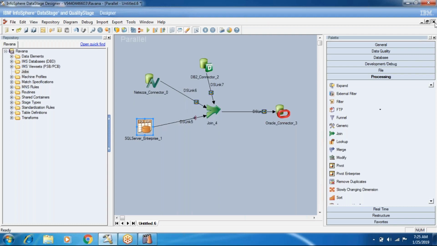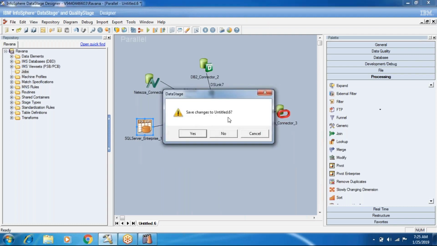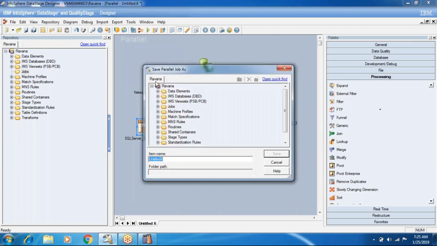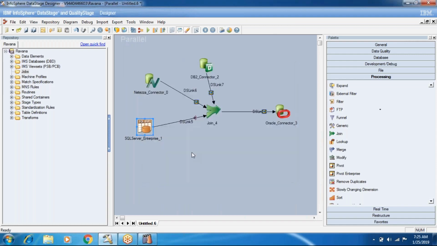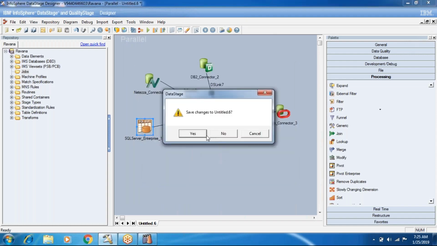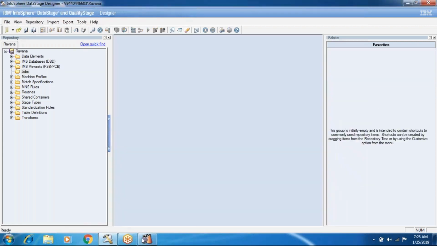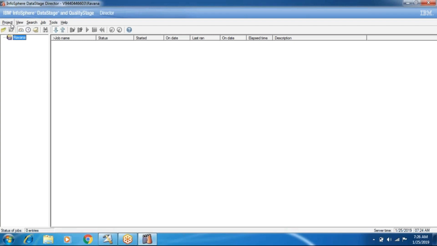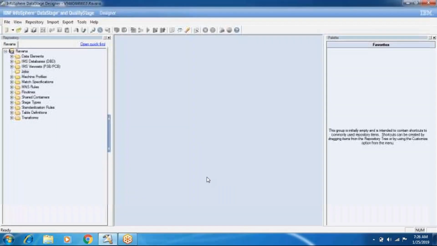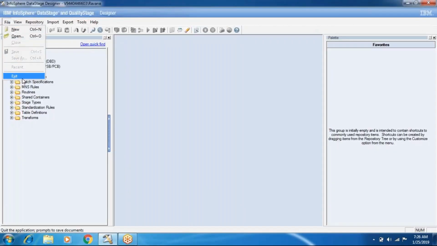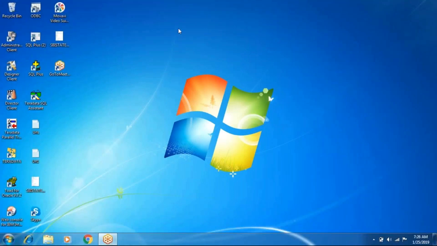So this is an overview of the tool. See, it is asking to save the changes for untitled 6. If I give a name, it will save, it will ask to save in the repository, but I'm not giving one. We'll create a folder and with that folder we will see the jobs. So this is just an overview of the tool. Okay, in the next classes, in the next coming videos, you will see